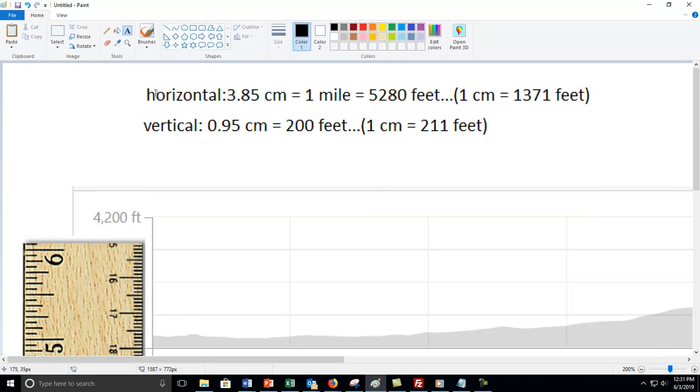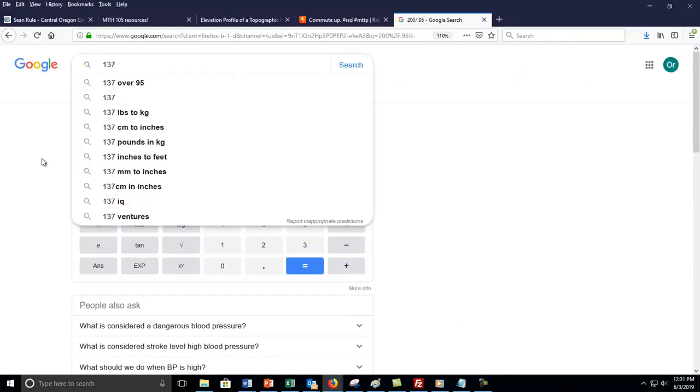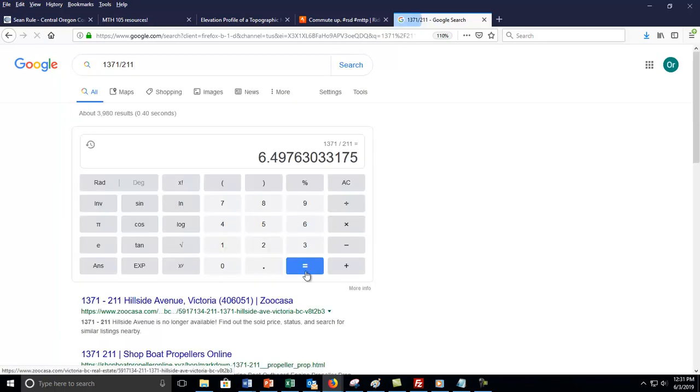These two values here, this one and this one, are what you need to get your vertical exaggeration. So what you do is you take the horizontal scale, which is what 1 centimeter equals on the horizontal, which in this case is 1371 feet, and you divide it by the vertical, what 1 centimeter equals, which is 211 feet. So 1371 divided by 211. I can remember that, right? 1371 divided by 211. We got about a 6.5 magnification, 6.5,